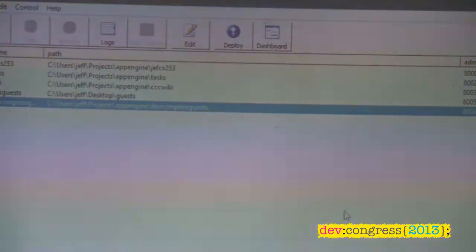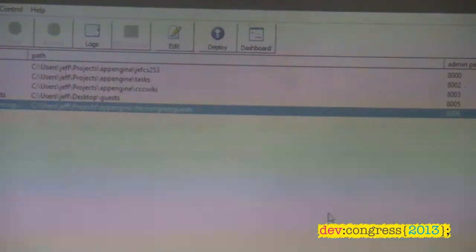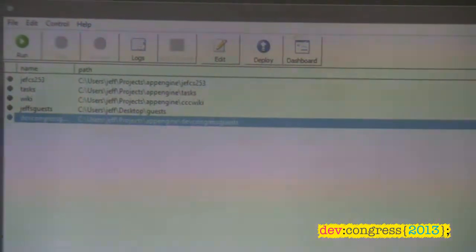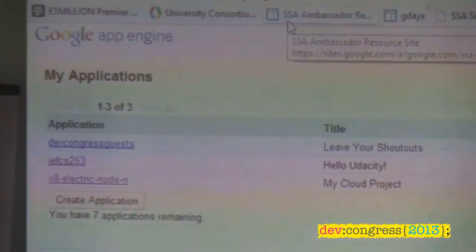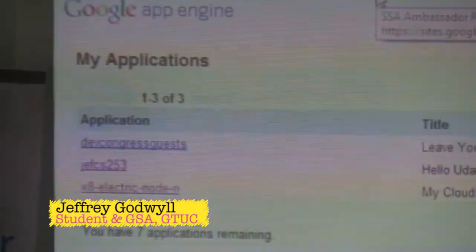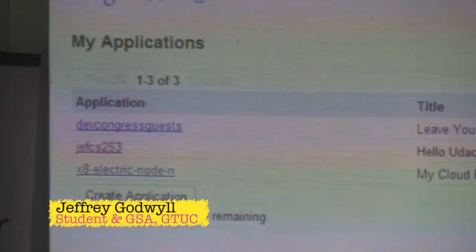And I have the project I want to run in a folder on my PC called DevCongress guests. And then I've created a new application on the server side, so that's on both ends. The name of that application has to be the same as the one I have on my PC. So I create that name, do everything locally, and then I push it